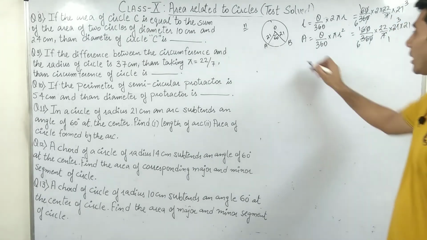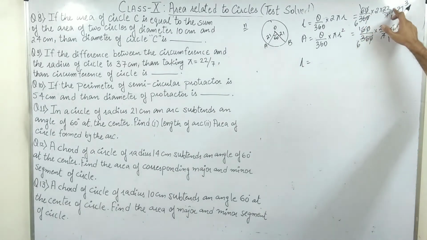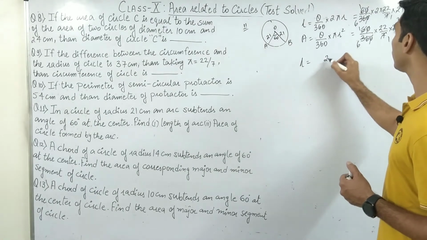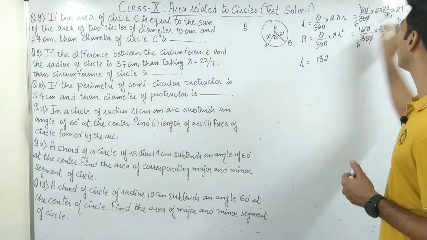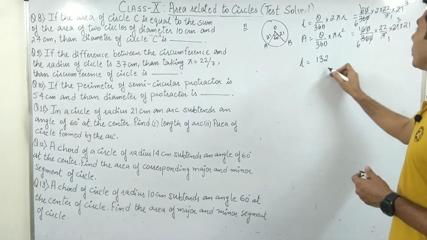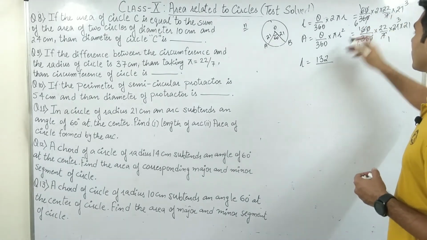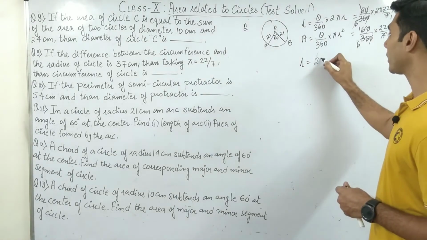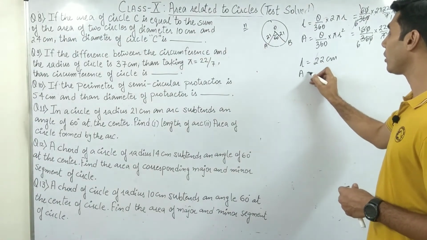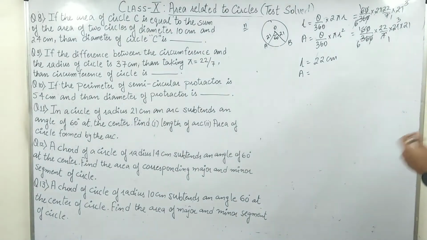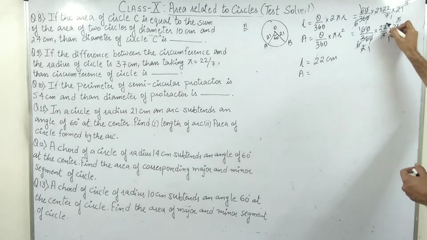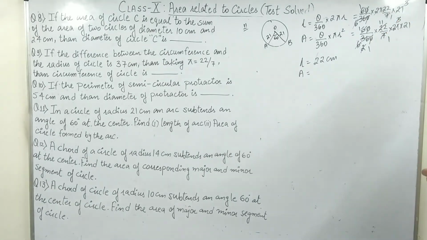So what do you think the length of the arc is? The length of the arc you will get: 2 into 22 is 44 and 22 into 6 will come. So 6 2s are 12, 132, 22 into 6 and the whole upon. Achha, this is going to get cancelled, guys. So see this part now. 2 and 3, 6 is going to cancel with 6. So the answer is what? 22 centimeter is the length of the arc, while for the area, what do you think the area should be? So let's do it once again. So 3 1s are 3, 3 2s are 6, 2 1 times, 2 11 times. So it's 21 into 11.